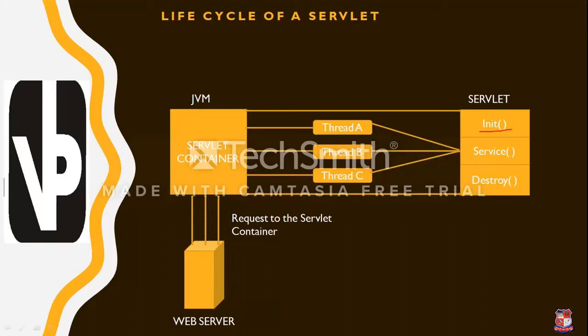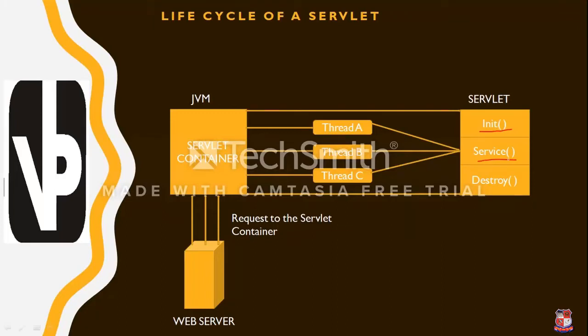Now, next, when servlet finds the page, to answer the request of the servlet, the service method is invoked. The service method is the main method to perform the actual task.